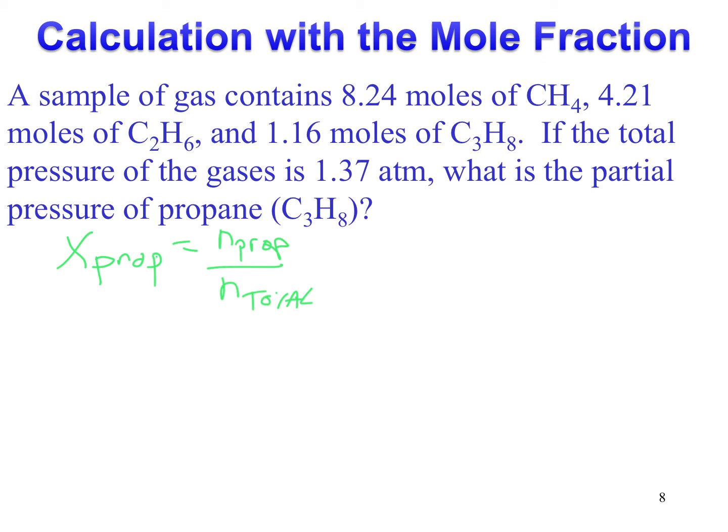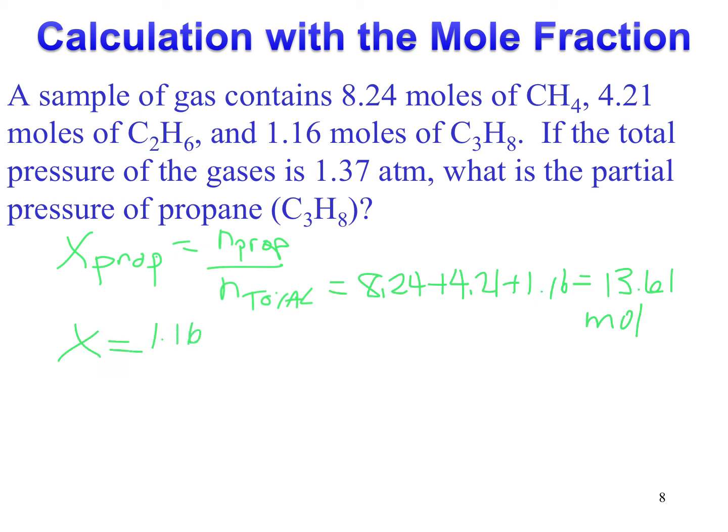The total number of moles equals the moles of methane plus the moles of ethane plus the moles of propane, which equals 8.24 plus 4.21 plus 1.16, giving 13.61 moles total. The mole fraction of propane is then 1.16 divided by 13.61, which equals